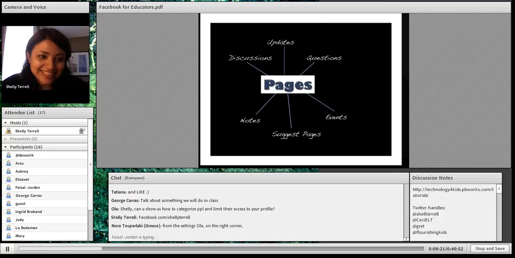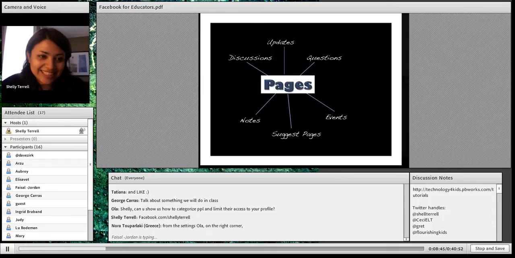So after you set up your profile, I'm going to tell you the difference between pages and groups. Okay, so that way you can decide which is the better one for your situation. So for example, a lot of organizations will have pages. So you might set up a class page with your students, for example, or a page for your institute.